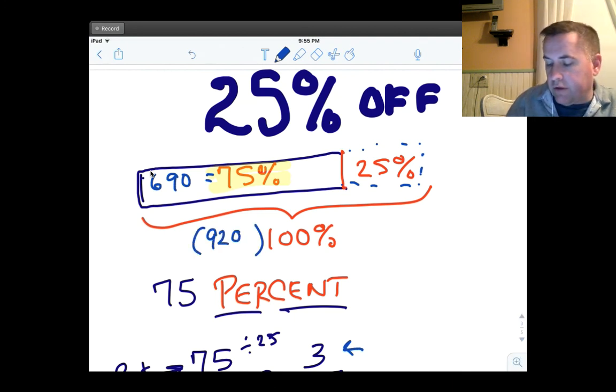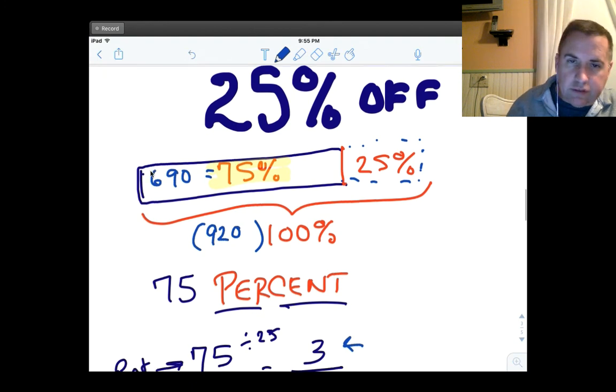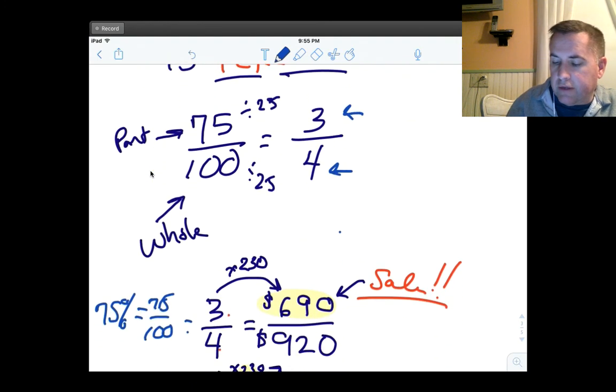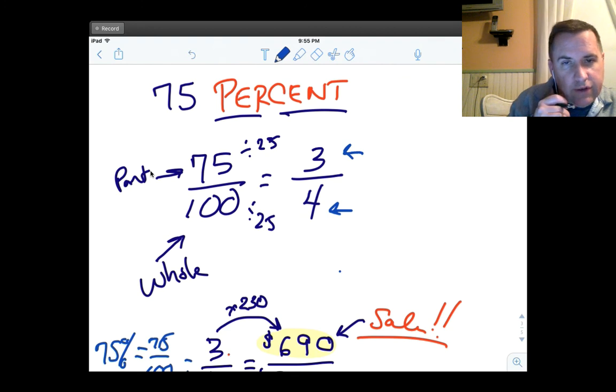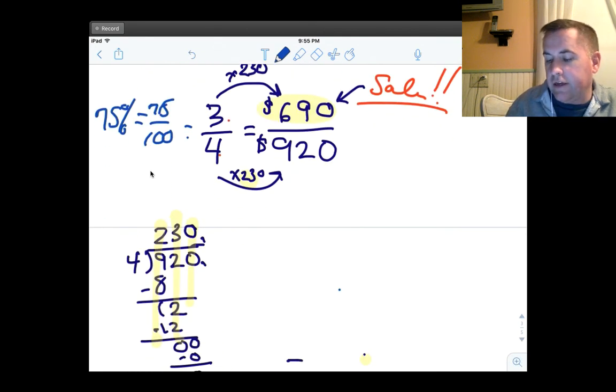Okay? So that's how, using the ratio, we're going to find out what 25% off of our price is. Since it's 25% off, you're responsible for paying the 75%, or the 3 out of $4 on your airline tickets. Again, mine was 920, so 3 out of 4 is equal to 690 out of 920. So the 690